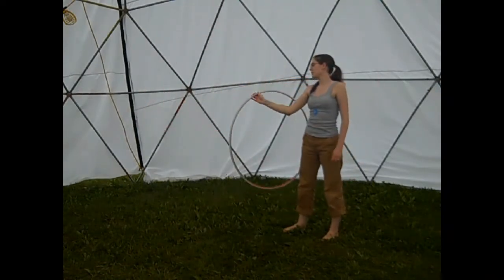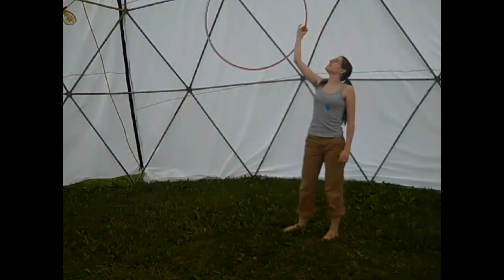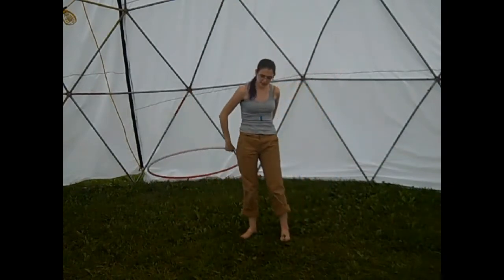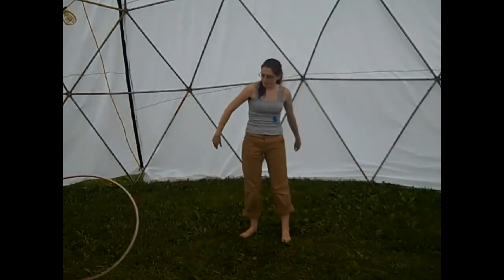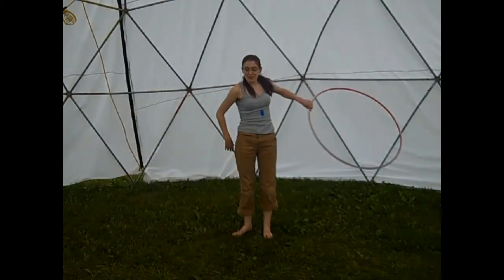Not much else on that. And you can do this in other places. You do it up, and also here. This is a type of an axis flip as well. So, with dropping it,